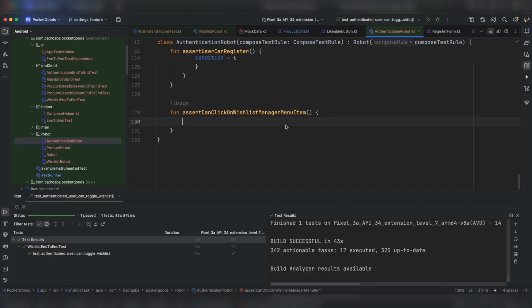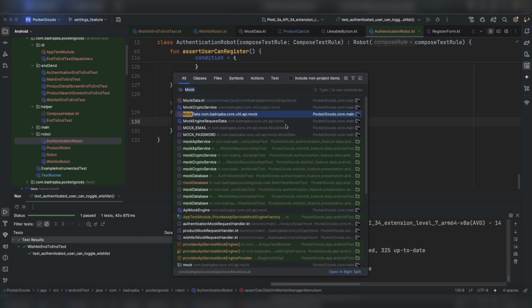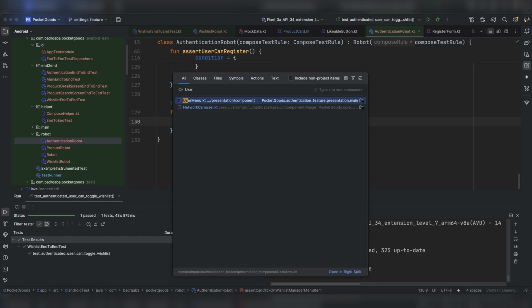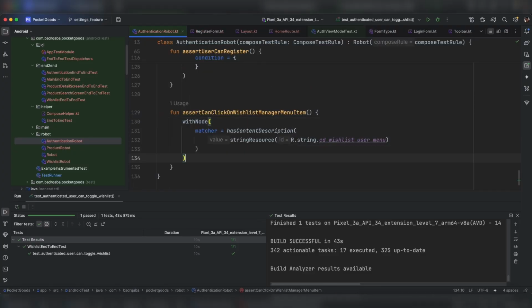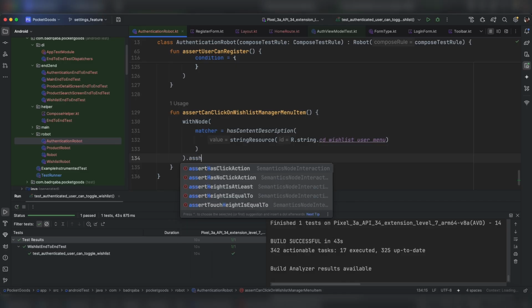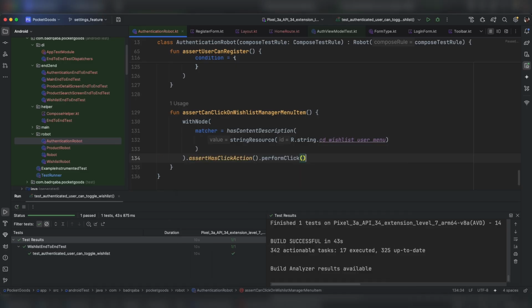We're going to look for a composable that has the content description user menu item. Let's go back to the user menu. This is the drop-down menu. And for the first item, which is the content description wishlist user menu, we are interested in this particular user menu. We're going to assert has click action and we will perform click. I'm going to delete this